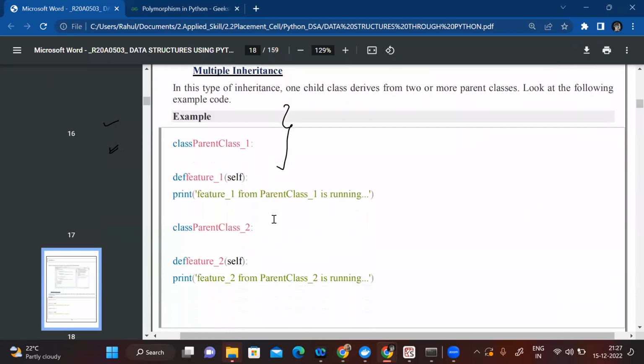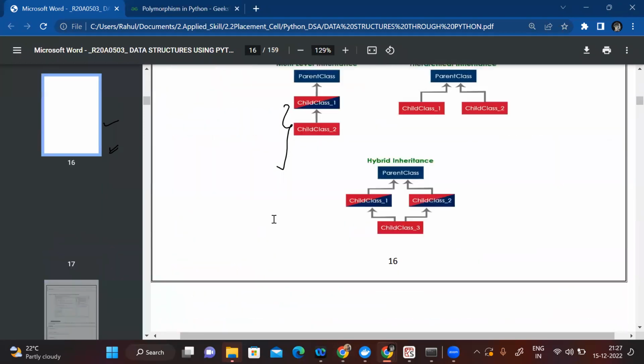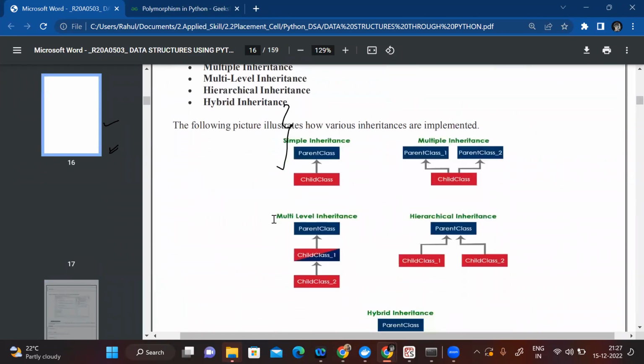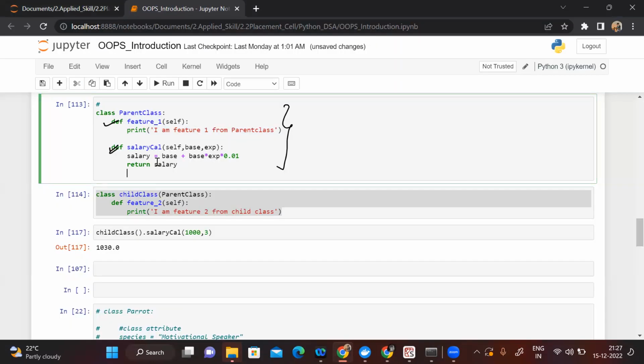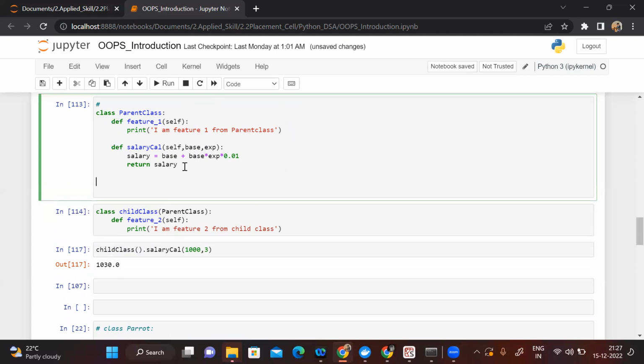Multiple inheritance, how can you implement it? It's very easy. So go to the diagram, and now you can implement it yourself. We are taking the features from two different classes into another class. This was an example of single inheritance. If you want multiple inheritance, let me define another class, parent 2, and then